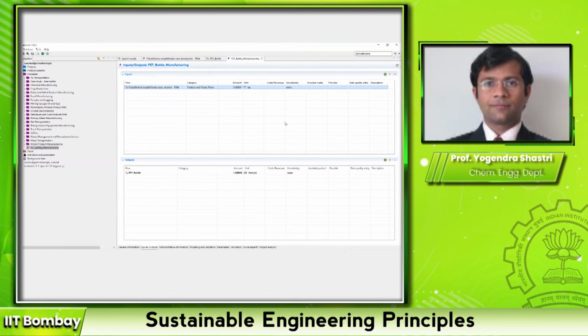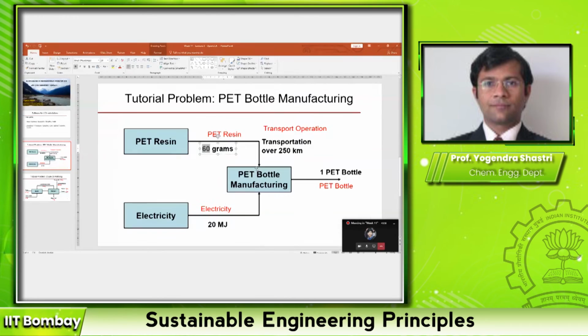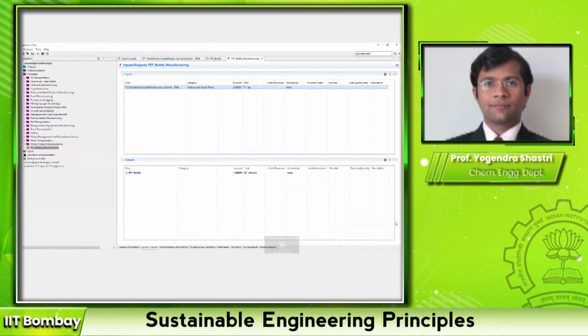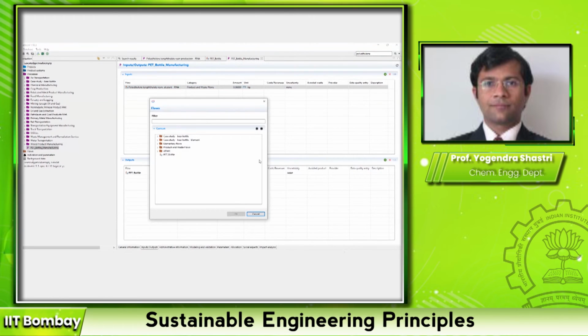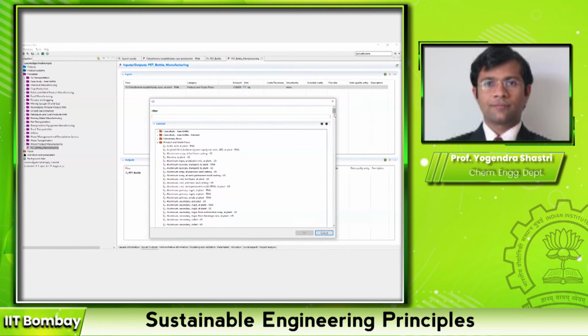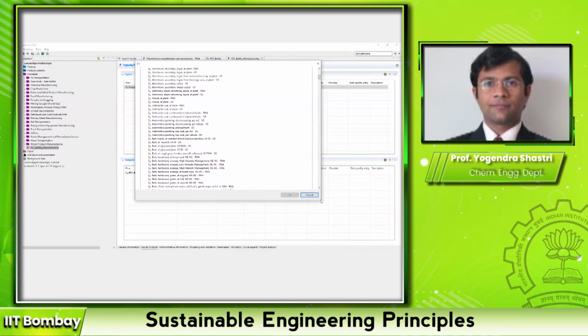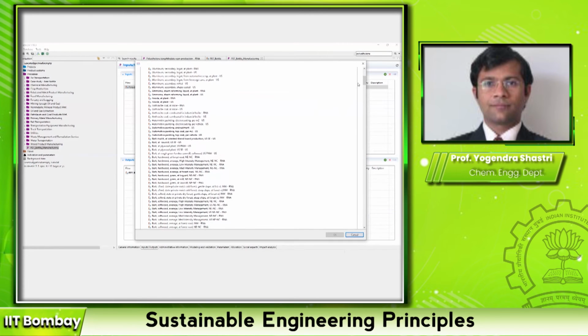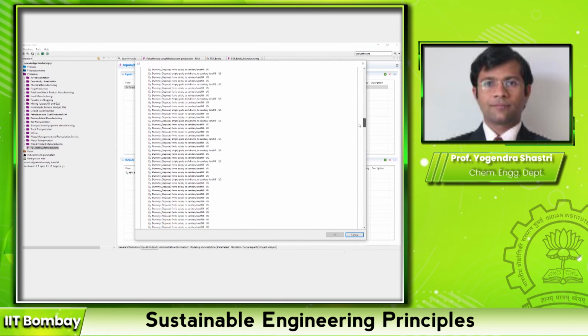Now, so that was the first one. The second thing that we need is the electricity. Okay. So let us add that now. Same procedure. You click on this plus tab. You again go to the product or waste flows and again, this is arranged alphabetically, so you can go to electricity section.